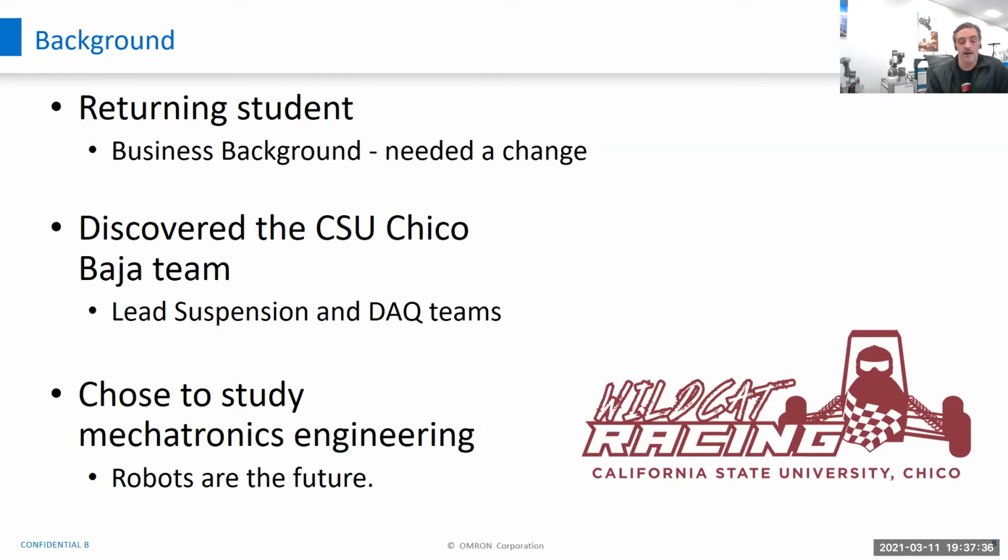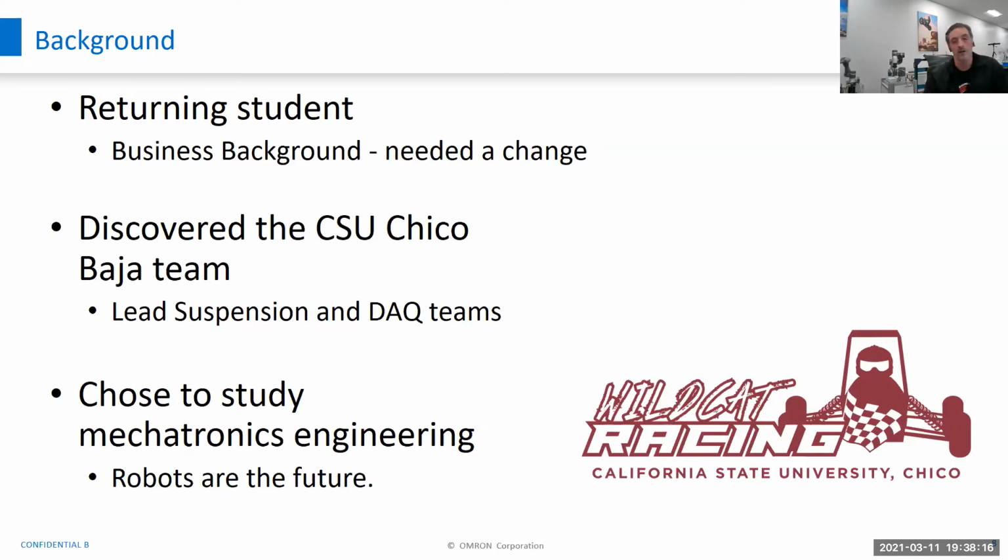Now, when I went to Chico State, I knew the importance of being on a team. If any of you are on the Cabrillo Robotics team, and if you're not, I hope that you take a look and join that. I actually founded that club. I knew the importance of getting on a robotics team or just being on a team in general, because that's how you do projects outside of class. That's how you put your theory to work in practice. And recruiters, I mean, grades do count, but a lot of times they're more interested in what have you done? What have you worked on?